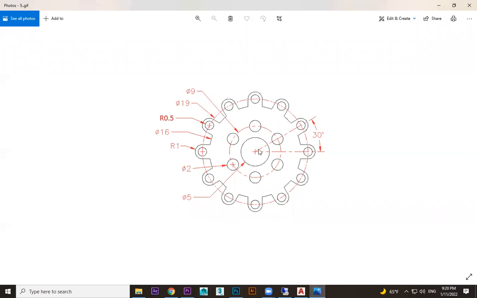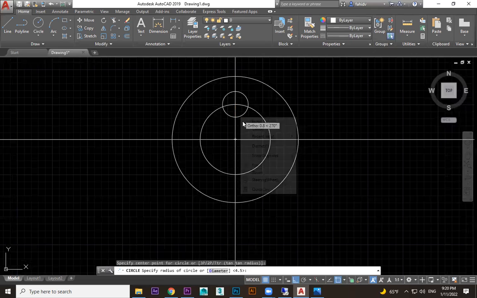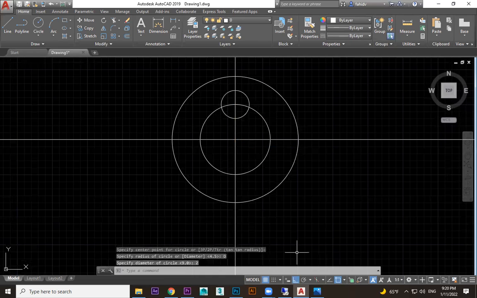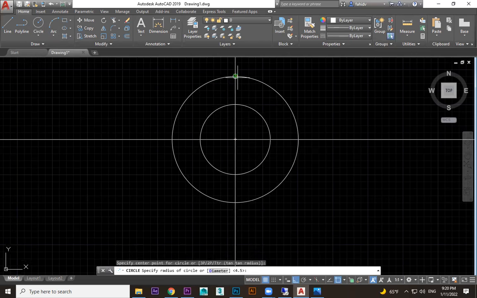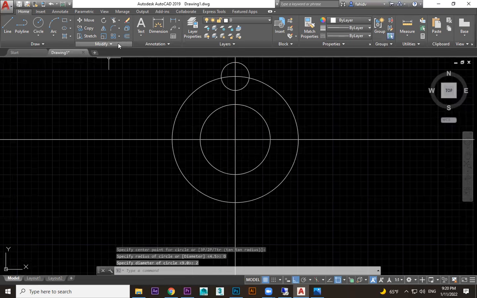And this circle is not here. On the center, you can see the one circle. That circle is given 2 diameter. Circle here, 2 diameter. Right click, diameter 2. How many number of circles? Sorry, it's not here. Here. Right click, diameter 2. How many circles? 1, 2, 3, 3 and 3. Total 6. So we are using array.